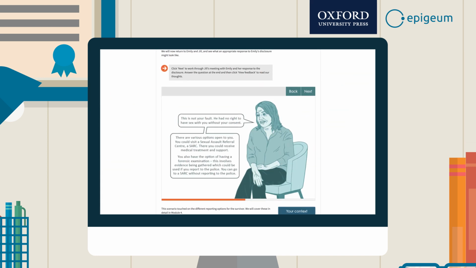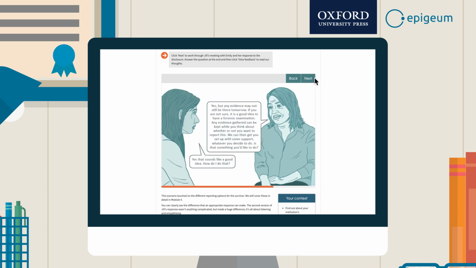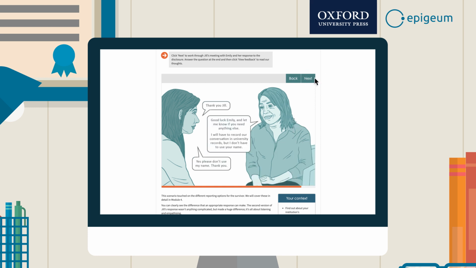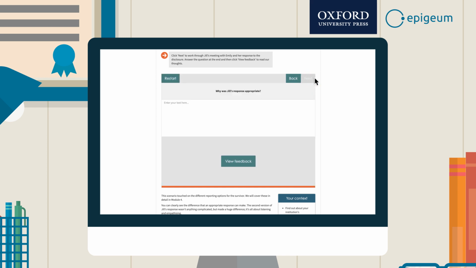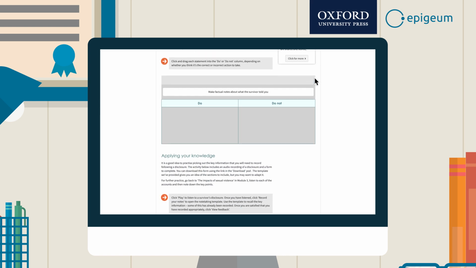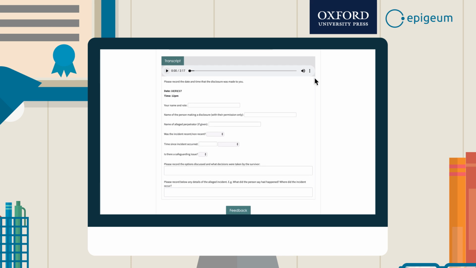There are diverse, scenario-based activities in all 4 modules of the course to help illustrate key points and to encourage users to reflect on consent, as well as how they might act in certain realistic situations relating to their role as a first responder. The course is also packed with other practical activities to allow members of staff to practice appropriate responses to sexual violence in a safe space.